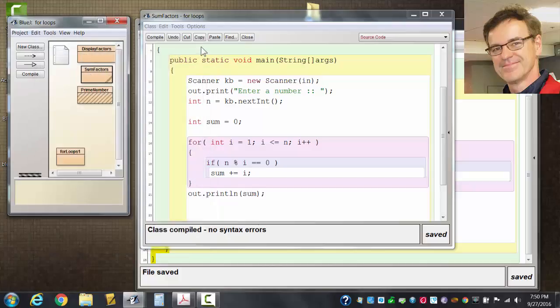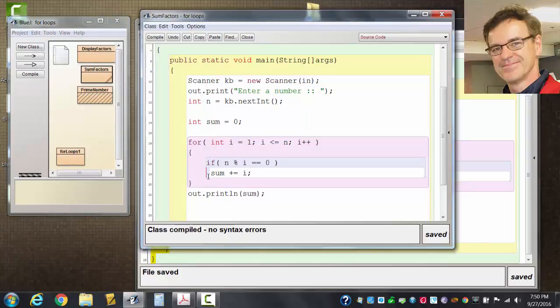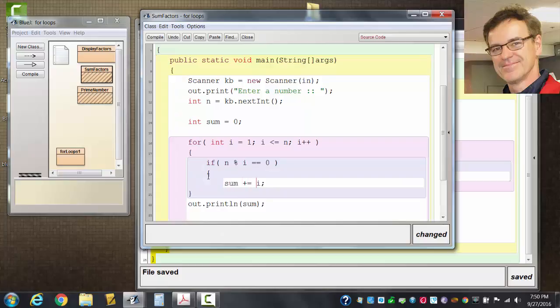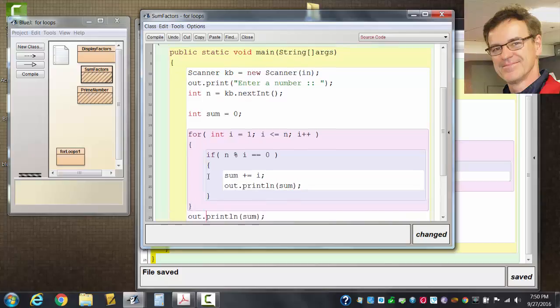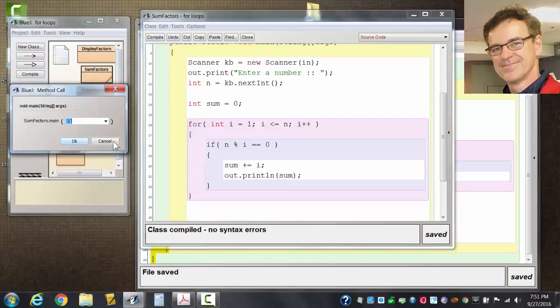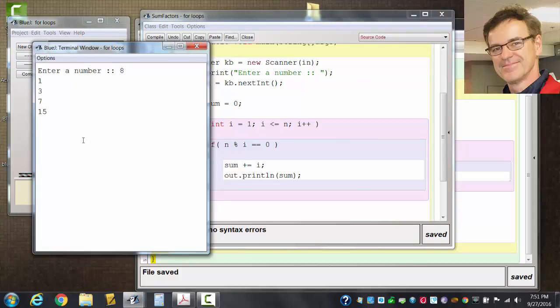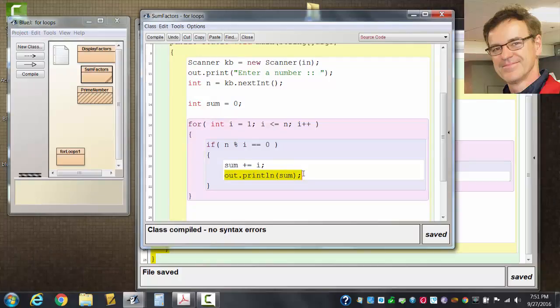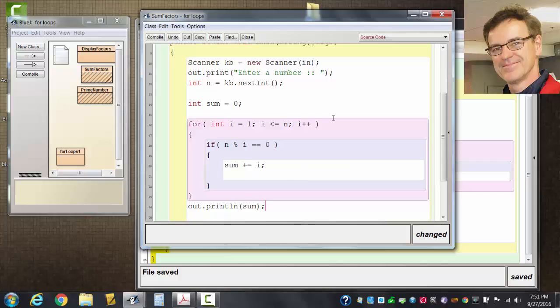Add that all up. The most common question in class is kids are saying, well, why do I have several sums displayed? It's because you put your print line inside the loop. Okay? And it's not totally wrong to do unless I say don't do it, but it doesn't give the output such a nice manner as mine. See, it'll show the sum every time it changes. So put an 8, you see 1, then plus 2 make 3, plus 4 make 7, plus 8 make 15. So we don't want to see it every time. So do it outside the loop down here. Okay. I think I'll put the prime number in the next